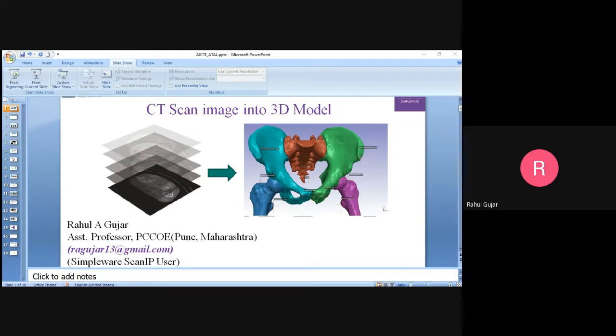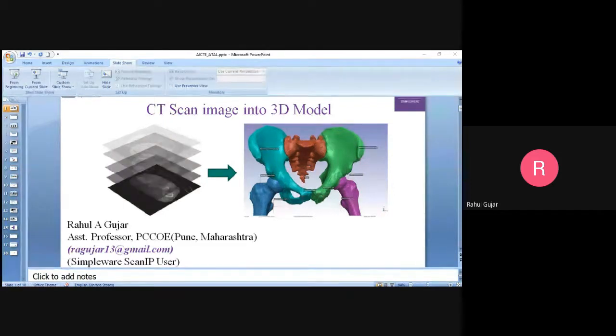Once again, thank you very much, all of you, all the participants, Chandran sir and Kakatiya University, for giving this great opportunity to interact with all of you. Now, I'm working on CT scan image conversion into 3D models, because the 3D model is very important from the engineering point of view. From this session, we would like to discuss what different purposes we can use the model for after creating it.